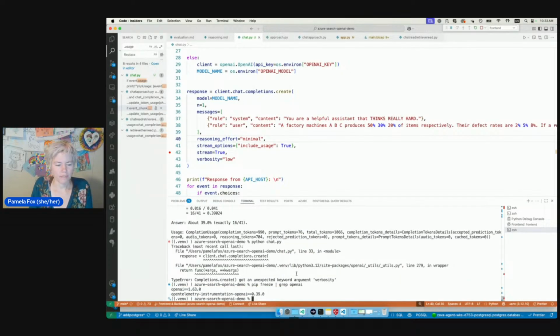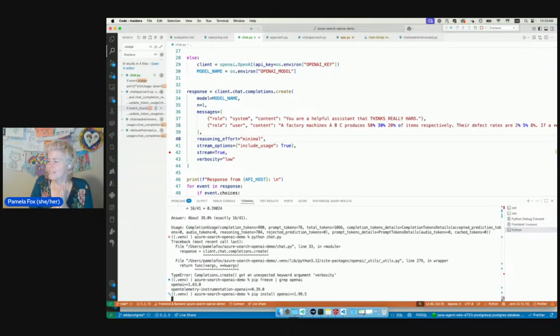Very unlikely that I have it. Okay. Oh, I have an ages old one. Oh my God. So we're going to do 1.99.5. Looks like we're getting really close to 2.0. All right. Going to install this one